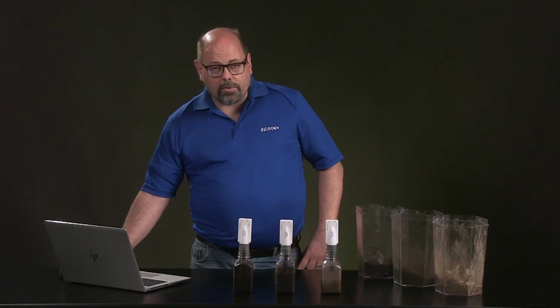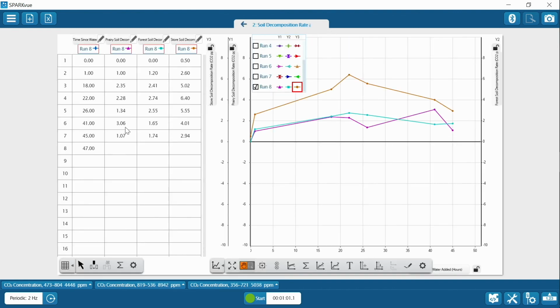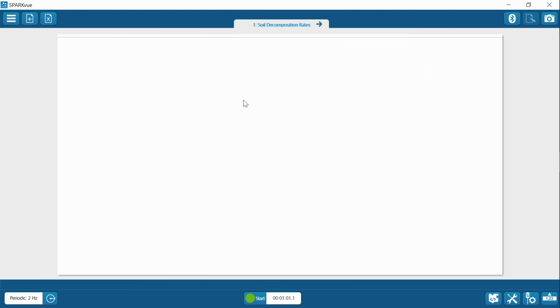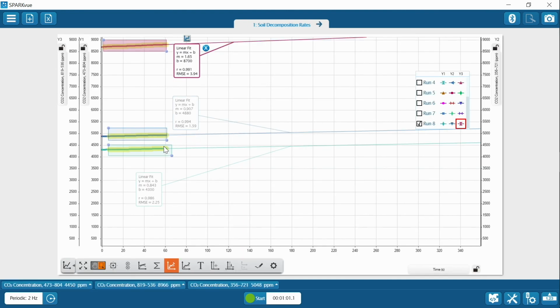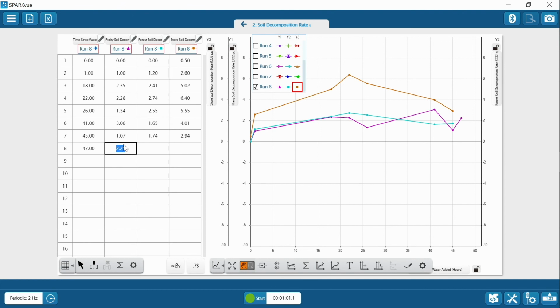All right, so we're going to take those numbers and we're going to transfer them to the table. We're going to start with the soils that came from the prairie, which is 2.25. That's the rate of CO2 production, 2.25. And then let's go back to the second one, which is the forest type soil. And that had a rate of 0.90. I was reading the wrong thing here on the bottom. I can see it's 0.843, a little lower rate. So let's go change that again. 0.843,